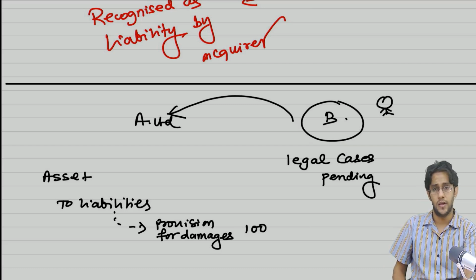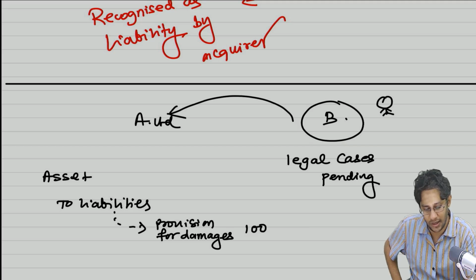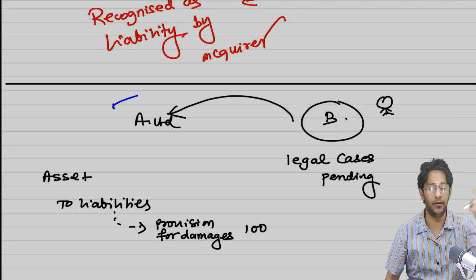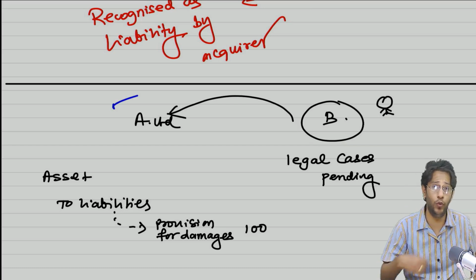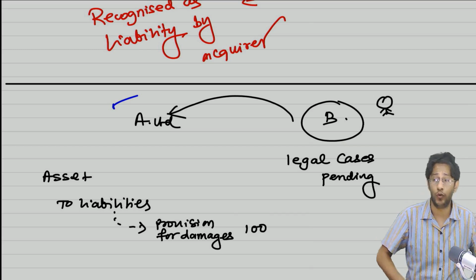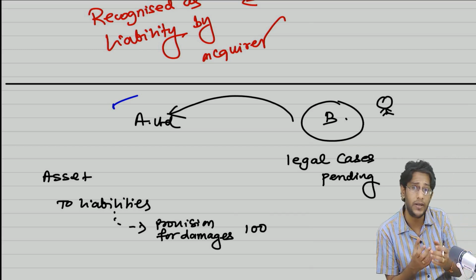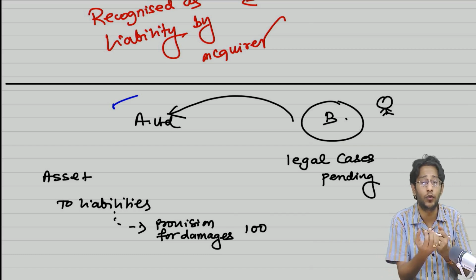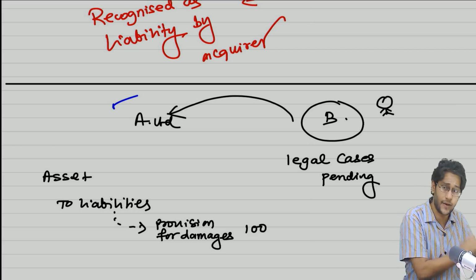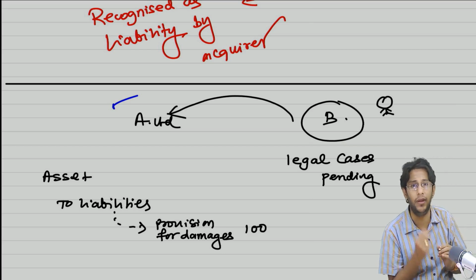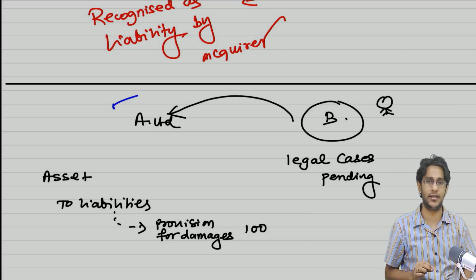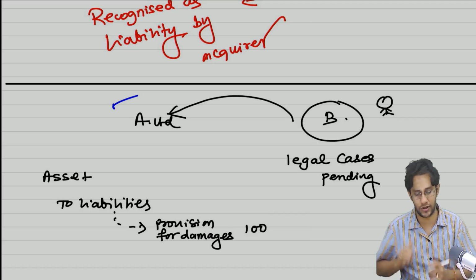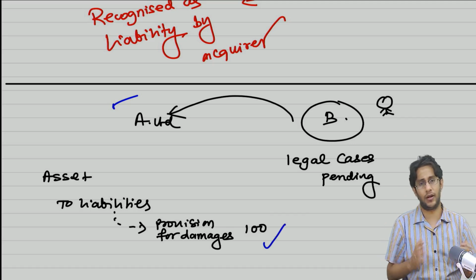That means, in case this liability is eventually paid by A Limited, in that case, B Limited's old owners, to whom we are presently giving PC, those people are agreeing to compensate us by reimbursing some amount. So this right to receive money in case I suffer a loss is called an indemnification asset. Whatever the standard says is, is that liability recognized in your books at the time of acquisition? Yes, sir, we are recognizing.